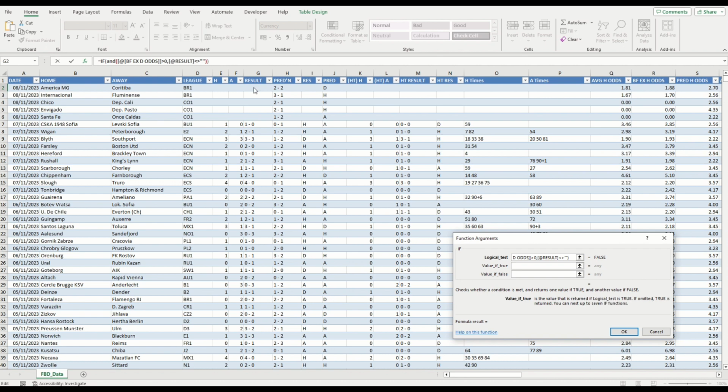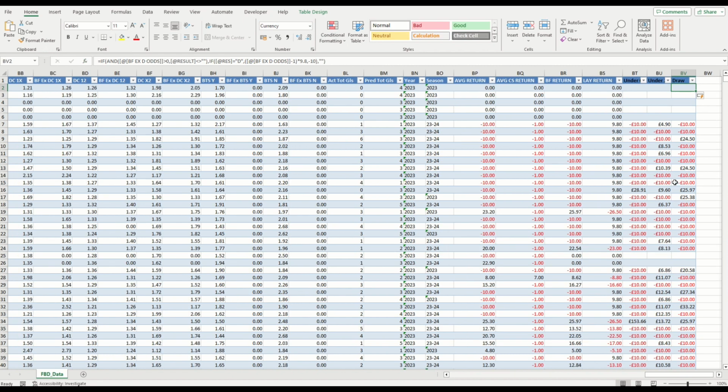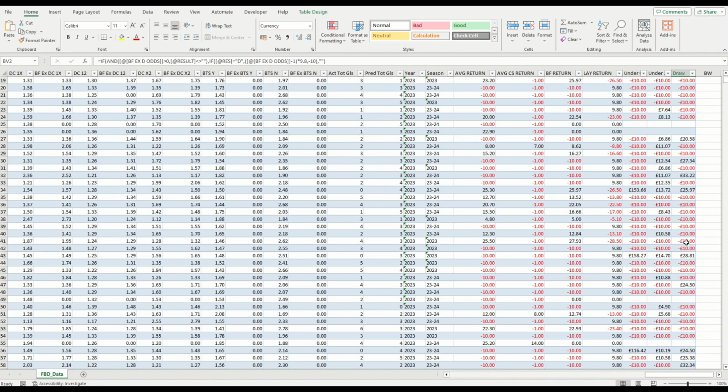So if it's true, what we want to say is if result here is D, then we want to take the Betfair draw price, the bracket, because we want to -1, take off the stake, and then times it by 9.8, and then -10 if it was a loss. And again, we want to put blanks in here. So again, that will populate all the way down for you and create your returns based on the outcomes of